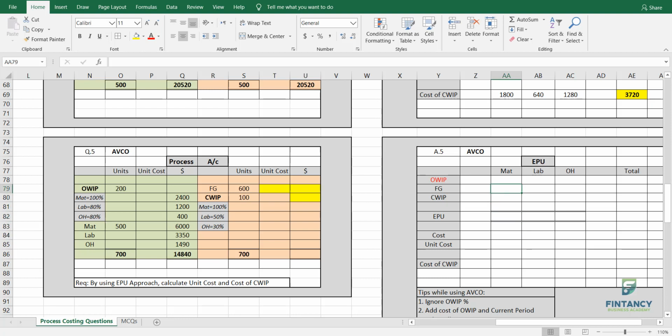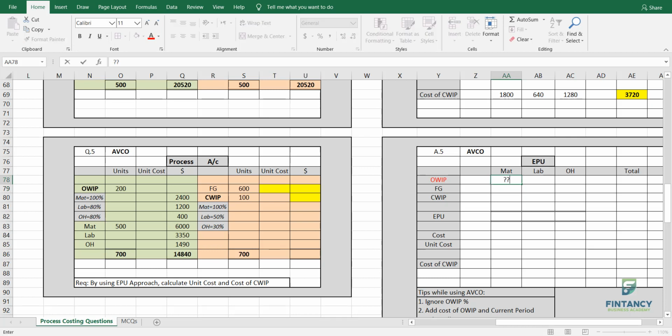Now, my friends, as I said, there are two methods. One is called weighted average method, which I am mentioning like ABCO, and the other one is first in first out method, which I am discussing in question number 7 below. So both have some differences. If you can remember these differences, life will become easy for you. Otherwise you will be confused all the time. So what I have done is I have summarized those differences for you. Let us see the first difference.